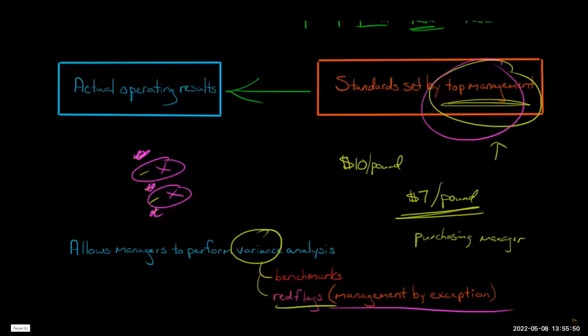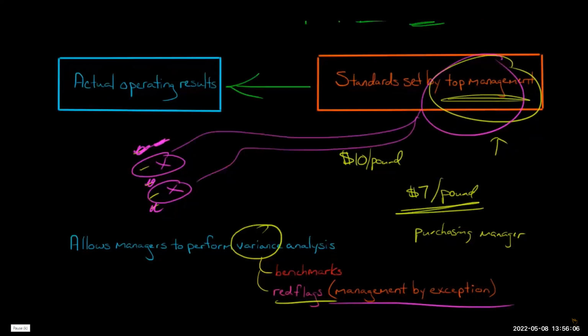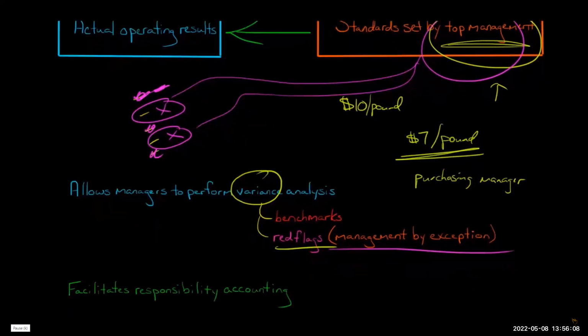It's basically if everything's going fine here, doesn't look like there's a big variance, we just ignore it. We don't look into it. We just want to go and look where there's a big problem. Okay, so that's management by exception, and you can do it because of variance analysis. It basically saves time for the top management and allows them to very quickly look through and see where there are issues. And it also